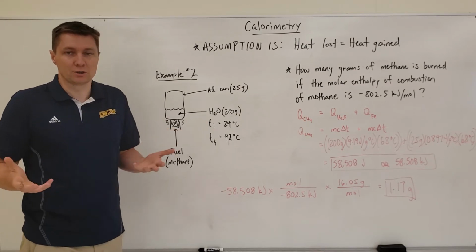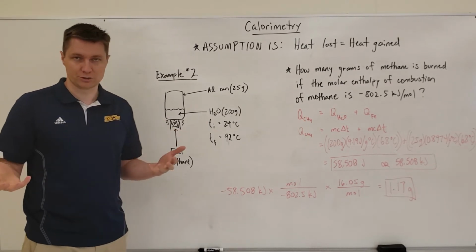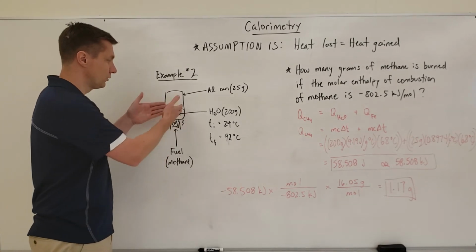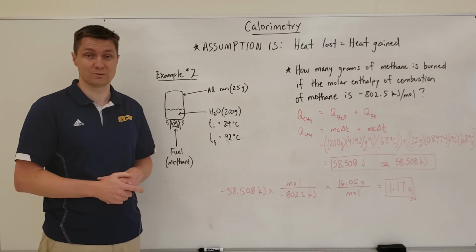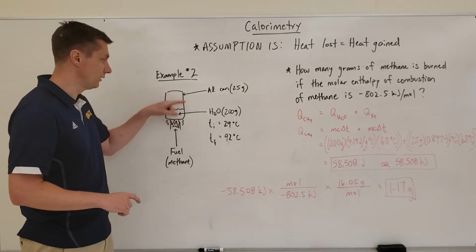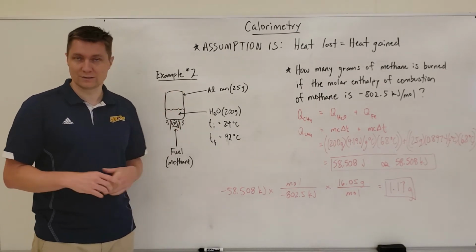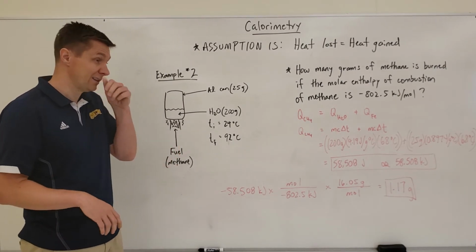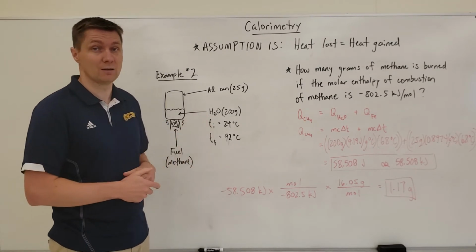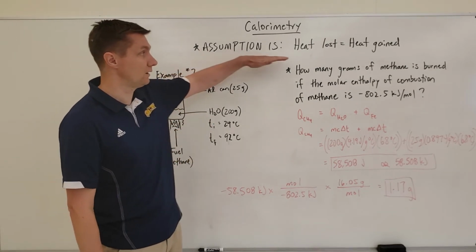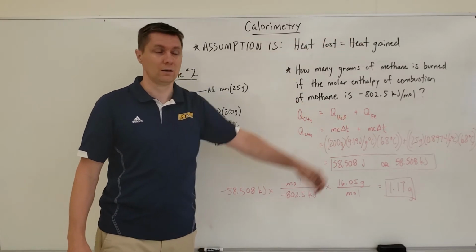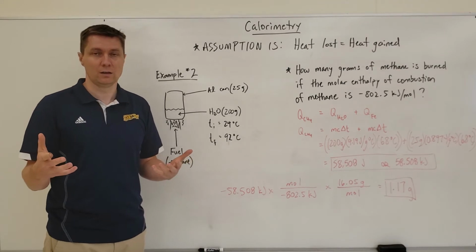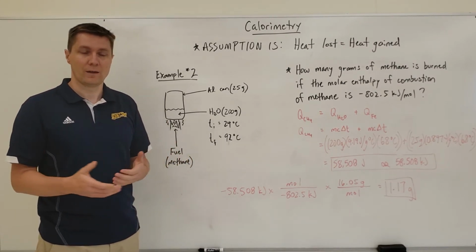It's just burning in a combustion reaction, and because it's a combustion reaction, it's an exothermic reaction that's going to release heat. That heat is going to go into, in this example, 2 different substances. We have an aluminum can here, as well as water that's inside the can. And so both the aluminum can and the water are going to gain heat. Now the assumption for this example is still the same as the first example, in that we have heat lost equals heat gained. But in this problem right here, this question is asking how many grams of methane is going to need to be burned